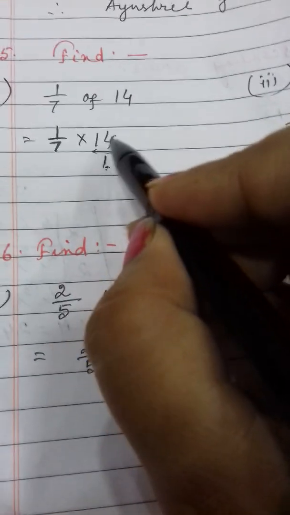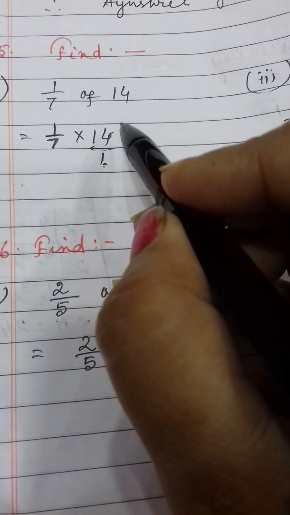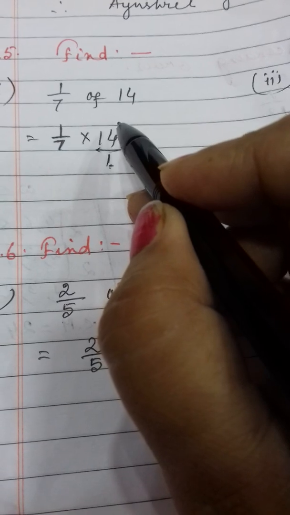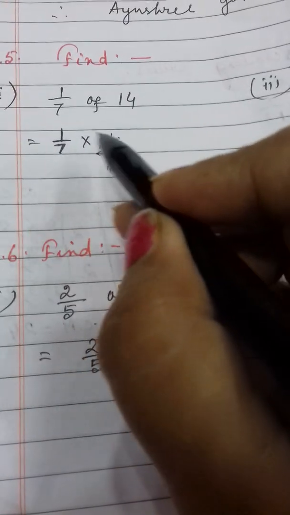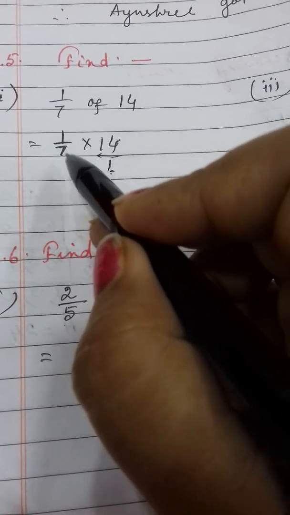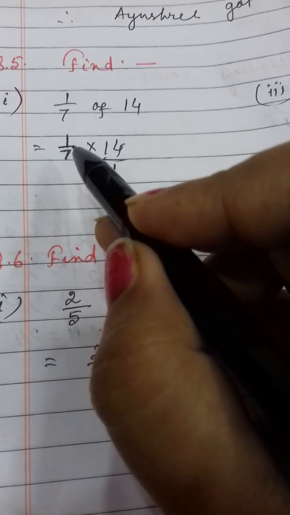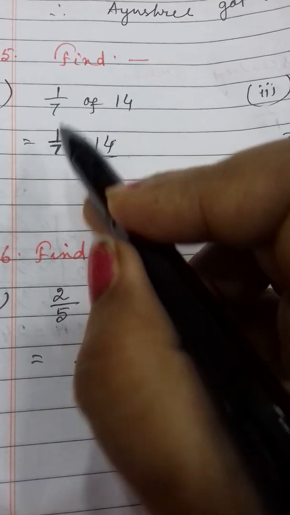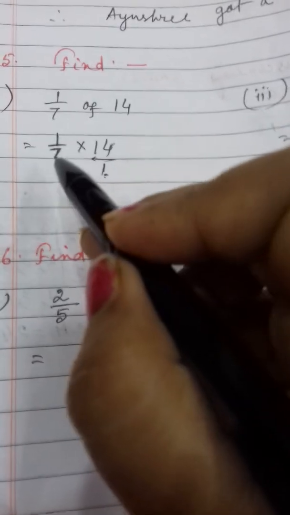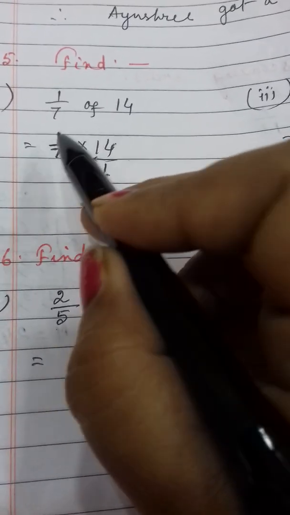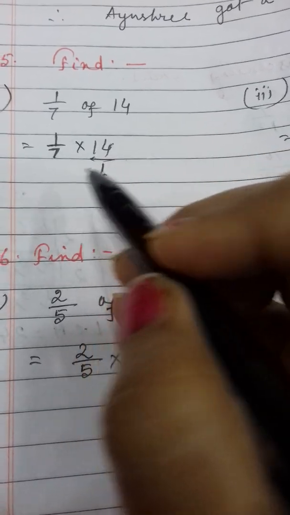Clear? Now in case of fractional multiplication, what do we do? We can cancel numerator with denominator. Clear? Means we can cancel crosswise, or the opposite side. We don't cancel the same side. This is the rule of fractional multiplication. When you cancel the numbers, you can cancel the opposite number. That means with the numerator you can cancel the denominator. Same side numbers we cannot cancel. Same side numbers we can multiply.